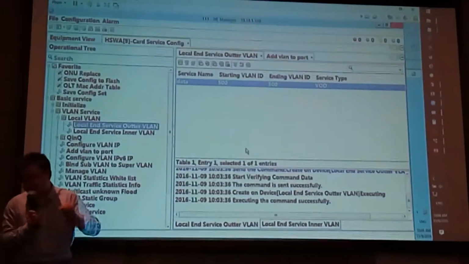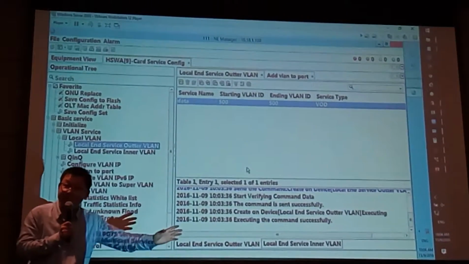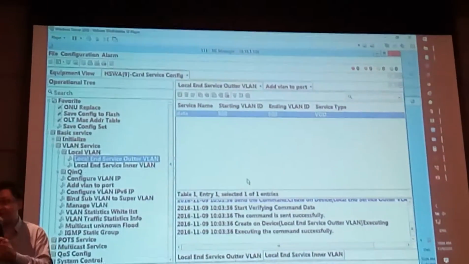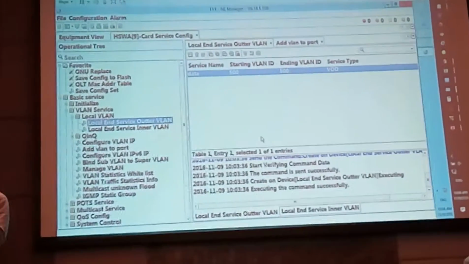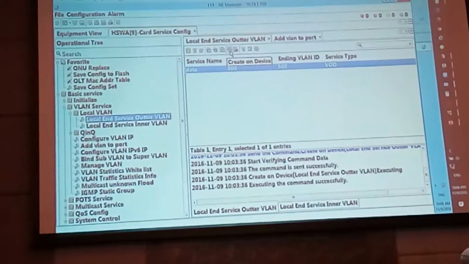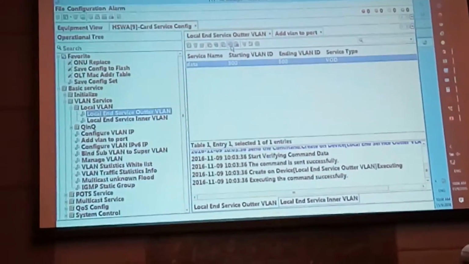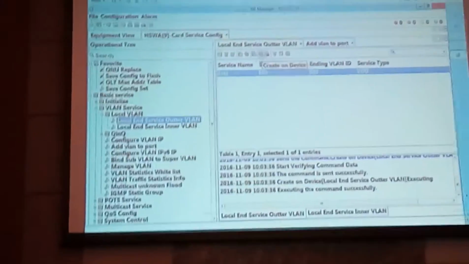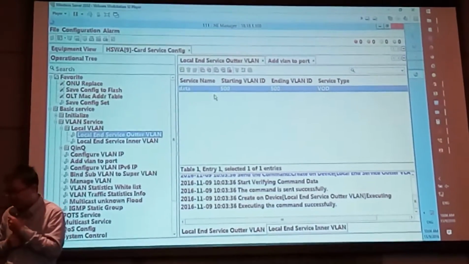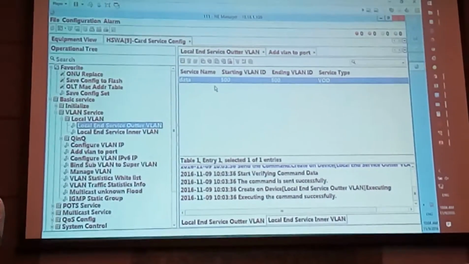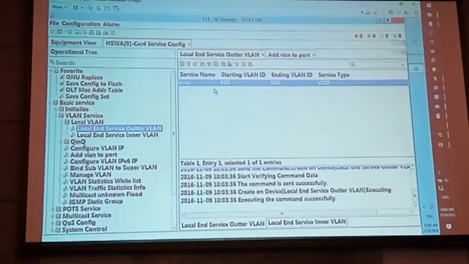But these configurations are only in the UNM7, not in the device. So I have to apply these configurations to the device. So every time I will use this button called create on device,